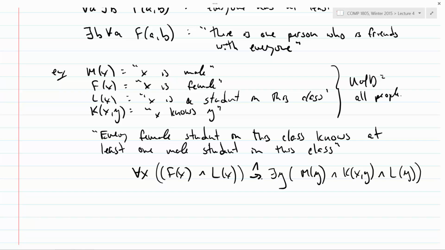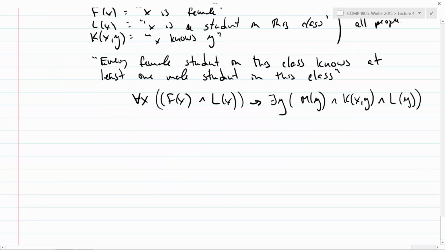Yeah, so that's enough. It says some other stuff, but right off the top, that's enough to see that we probably don't want an and. If we have an and, then it's saying every person in the world is a female and in this class, and then some other stuff that we don't care about, but we can already see that that's wrong. So that's why we don't want this to be a conjunction. If it's an implication, then we're in pretty good shape because now we're only asserting something about females in this class. And the thing that we're asserting is that there exists a person in this class who's male and that they know. So this here is what I would consider the most natural translation of that sentence. Does that make sense?